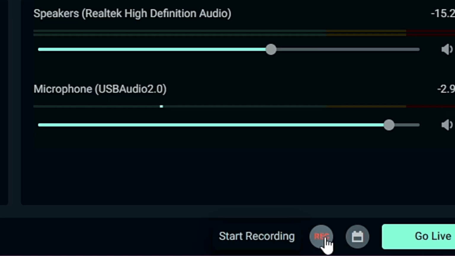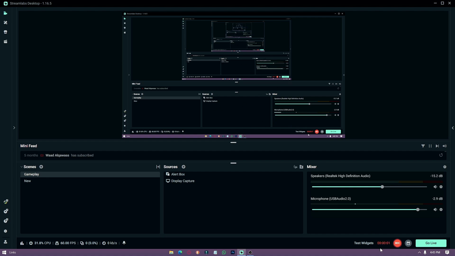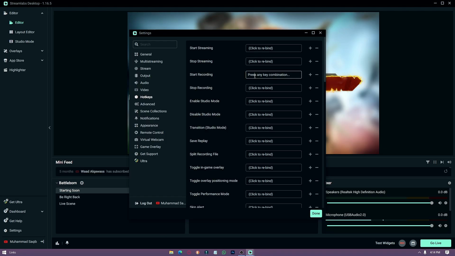Next is the recording button. After you add the sources and sounds, you can record anything that is showing in the preview window. Simply press the recording button and the recording will start. And after you're done recording what you want, press the button again to stop it. You can also assign hotkeys to recording start or stop, and the hotkeys can be the same for both start